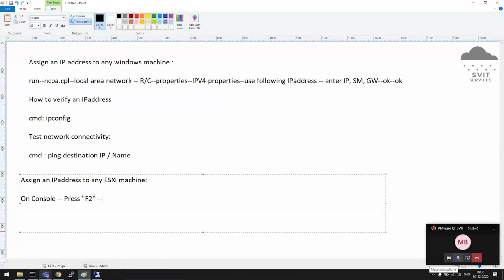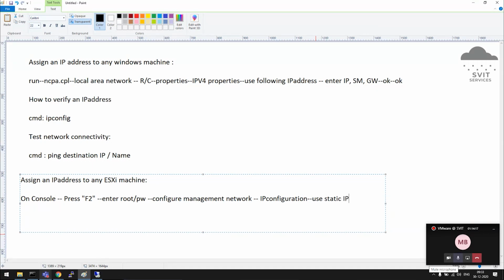We have already practiced this. We assigned an IP address to an ESXi machine yesterday, but we'll see it again. On the console, press F2, enter the root user and password, then go to Configure Management Network, then IP Configuration, then use static IP.